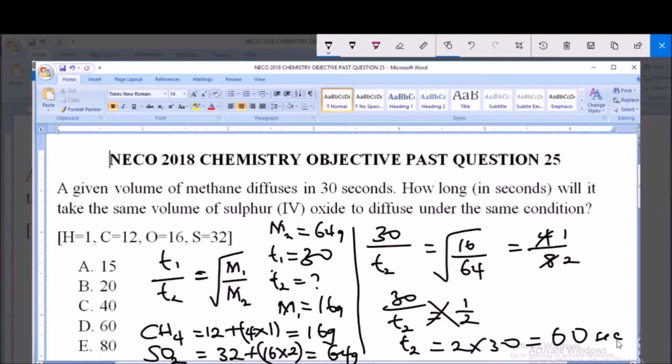So it will take 60 seconds for the same volume of sulfur IV oxide to diffuse under the same condition, and this is because the molecular mass of sulfur IV oxide is twice that of methane, and so therefore it will take two times the time taken for methane to diffuse for sulfur IV oxide to diffuse,